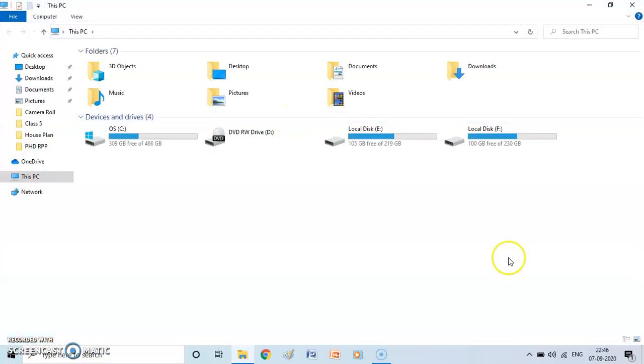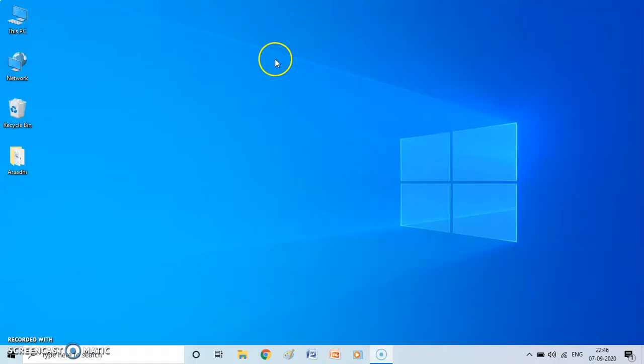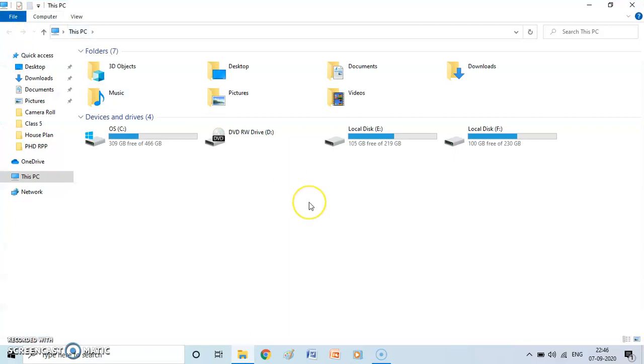So when you want to open this icon, this My Computer, you will have to double click, left double click, not right click, left double click. So you do double click and this will open. Now when we double click on the computer icon, a window opens. This window is mainly divided into two sections.